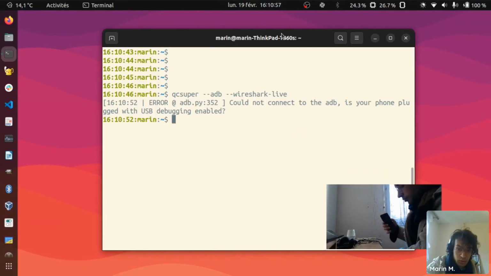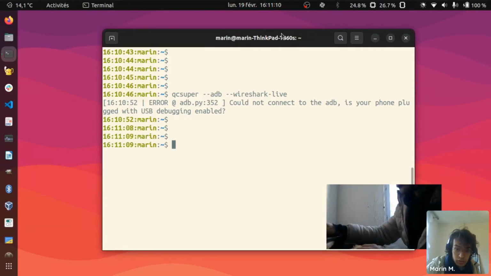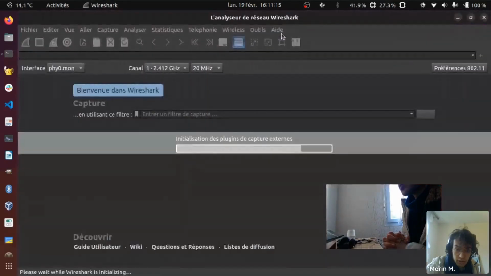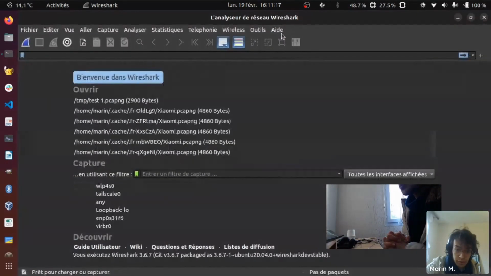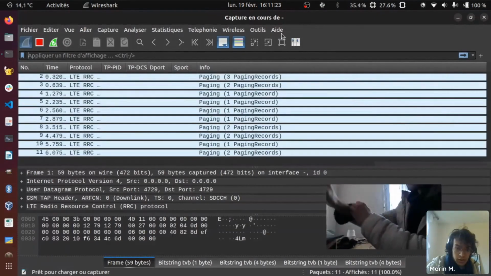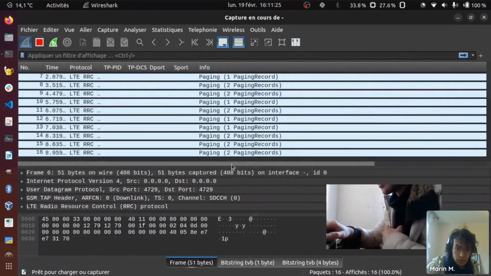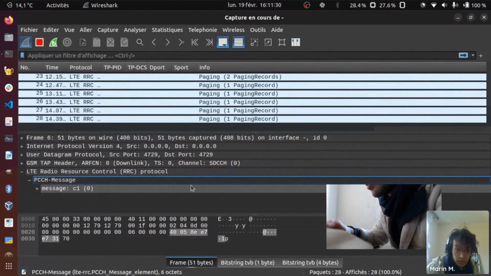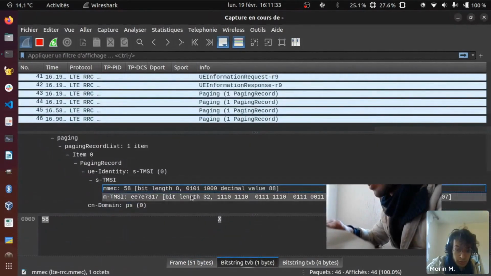So in order to use QCSuper, you will first have to plug your phone in USB with ADB, Android debugging mode, enabled, and QCSuper will tell you with an error message if it's not plugged in, and then if ADB is enabled and the phone is rooted and has a compatible Qualcomm chipset, you will directly be able